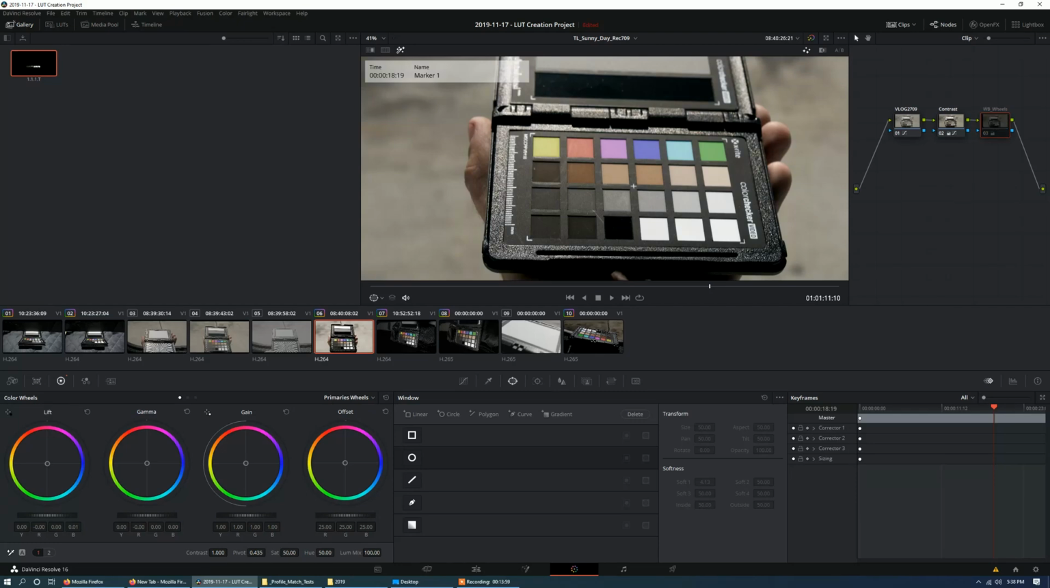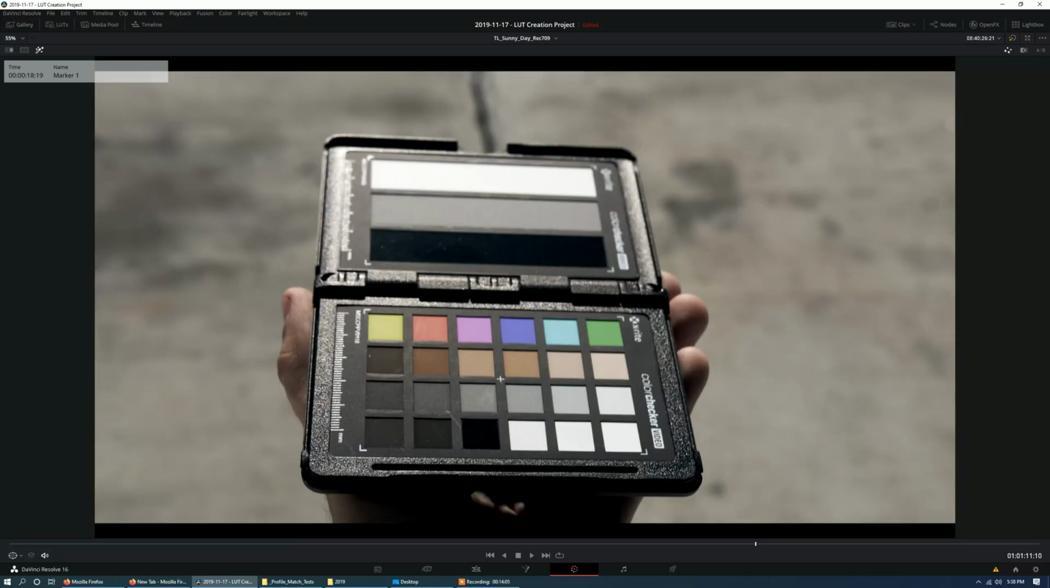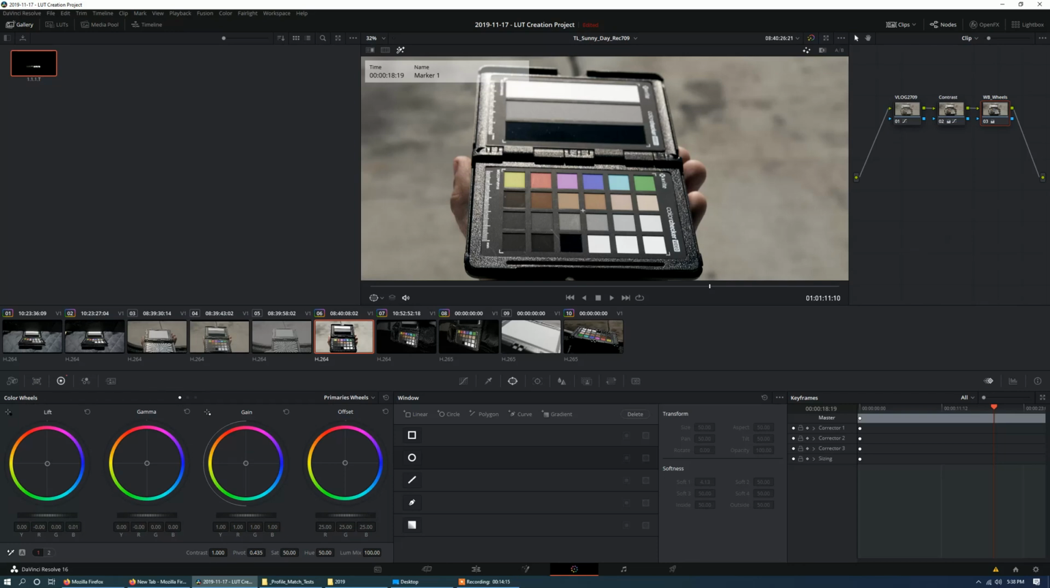If I press Control D to toggle that node on or off, you can see the result. We're going to press Shift F to go full screen, press Shift C to then maximize the view here, Control D again, so you can see. Alright, so the white balance has been fixed, and the next step is we're going to do the color calibration. So press Alt S to make a new node. I'm going to say CC